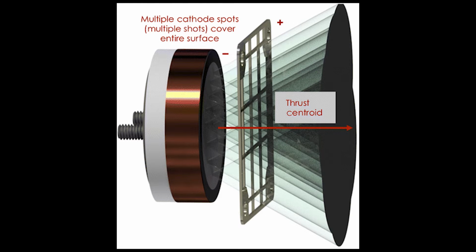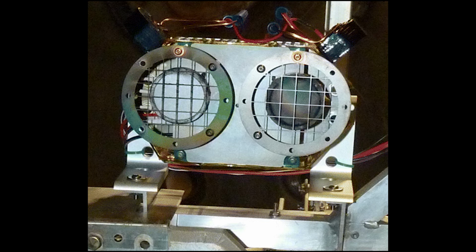An MPT works by applying a small voltage spike to the copper trigger sleeve, which causes the plasma to form and bridge the vacuum gap between the cathode and the anode grids. This seed plasma causes the cathode to generate cathode spots and ejects an ionized plasma of the cathode metal at high velocity toward the anode grid. Each cathode spot lasts for a certain amount of time, and when extinguished, creates another spot nearby. Over many firings, spots completely cover the cathode face, resulting in an average thrust that is normal to the cathode face and parallel